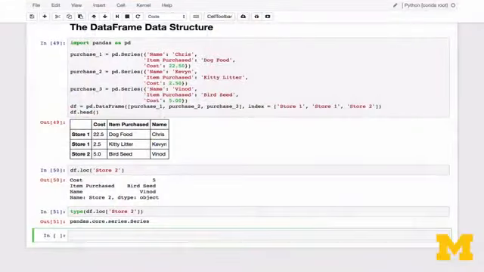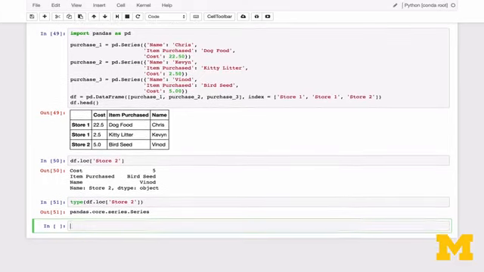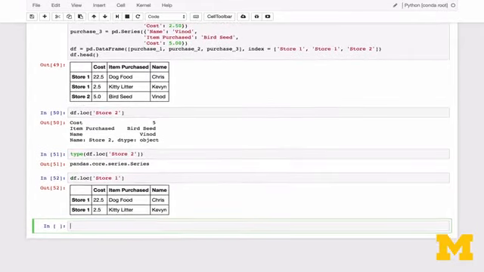It's important to remember that the indices and column names along either axes, horizontal or vertical, can be non-unique. For instance, in this example, we see 2 purchase records for store 1 as different rows. If we use a single value with the DataFrame loc attribute, multiple rows of the DataFrame are returned, not as a new series, but as a new DataFrame. For instance, if we query for store 1 records, we see that Chris and Kevin both shop at the same